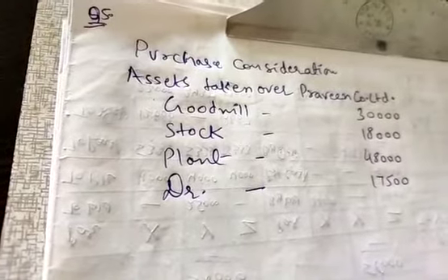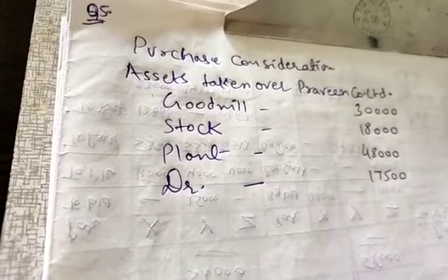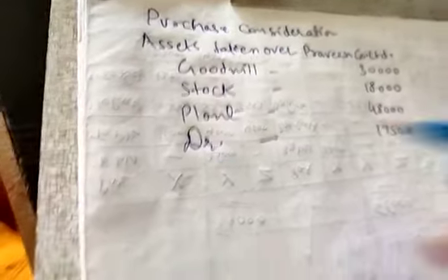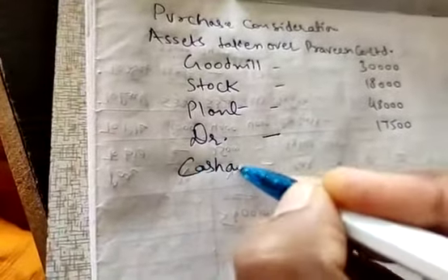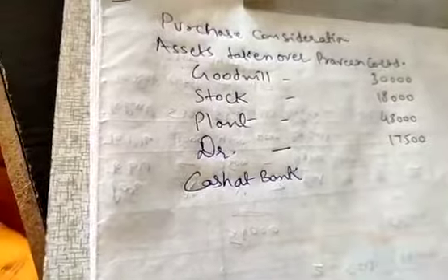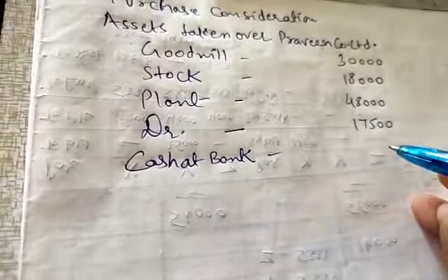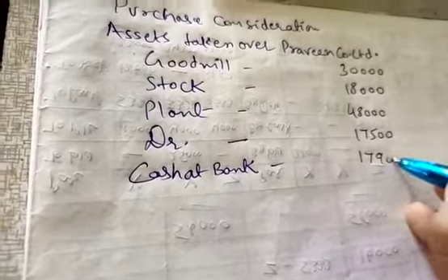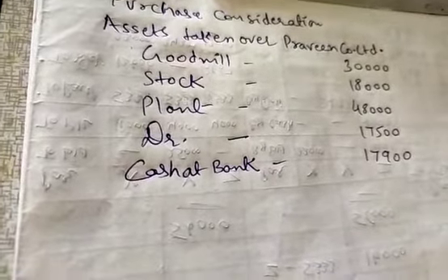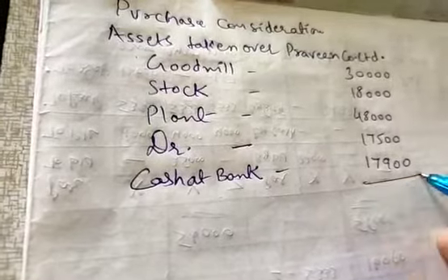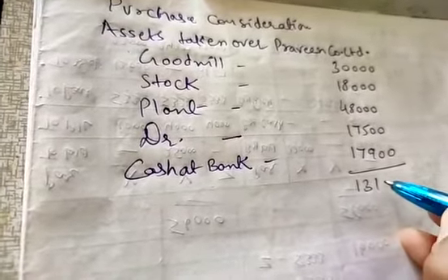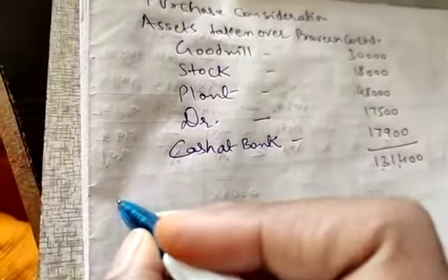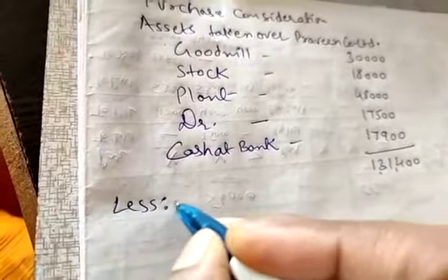Now most important, what I told you to remember, they have sold the business including cash at bank. So in that scenario your cash at bank will also be part of the purchase consideration. And how much was the cash at bank? 17,900. Fine. So if we make the total of this, we get 1,31,400. Now from this we need to deduct